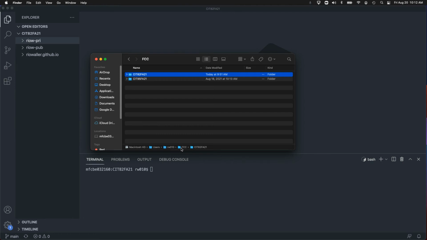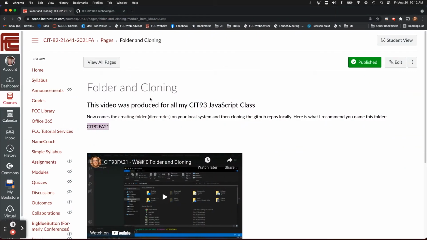I created a directory called FCC. Within there, I'm already working on next semester, which is our next 9 weeks, which is Python. And then here is my 82. So this is what it looks like from the file Explorer, file manager, or on Mac, the Finder view. Okay, so I just want you to know that.